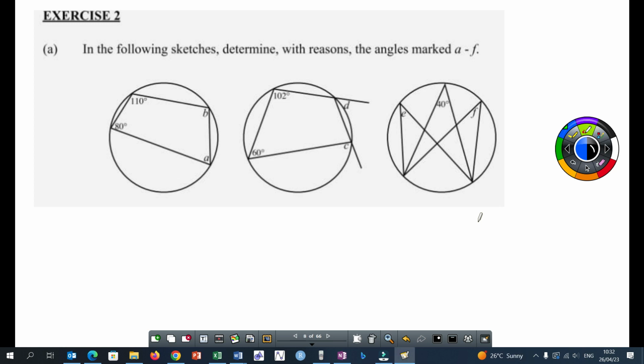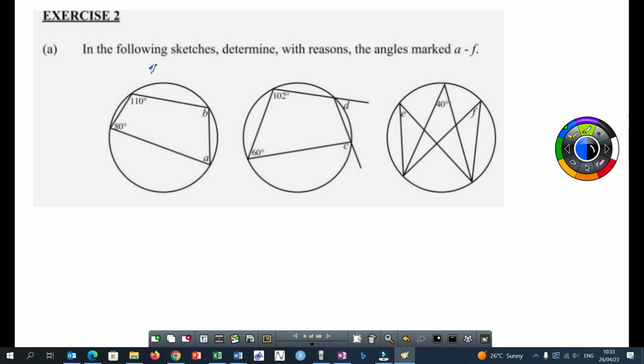These questions here mainly require application of the cyclic quad theorem. So I'm going to move very quickly here. I'm also going to assume that you have memorized your cyclic quad theorems. So the first one,